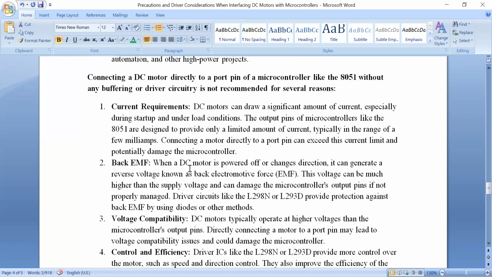And back EMF. When a DC motor is turned off, or when it changes direction, it can generate an EMF. It is called back EMF. This voltage can be much higher than the supply voltage. When back EMF is produced, the voltage is very, very high. So it will damage the microcontroller output pins if not properly managed. Therefore, we should connect an L298N or L293D to provide protection against the back EMF by using diodes or by other